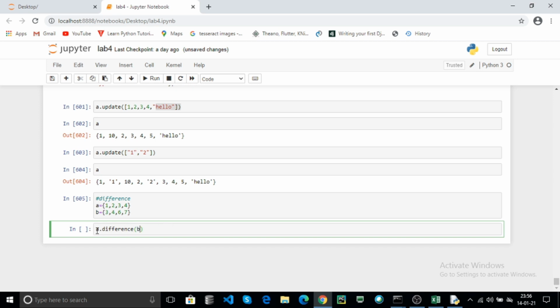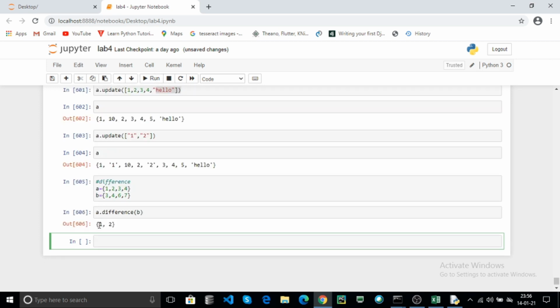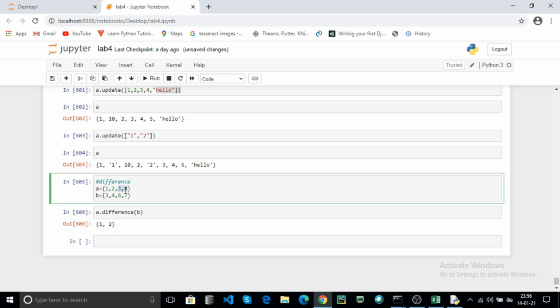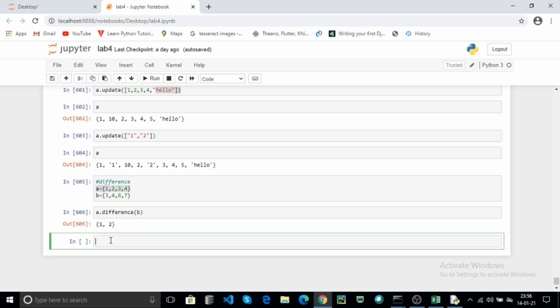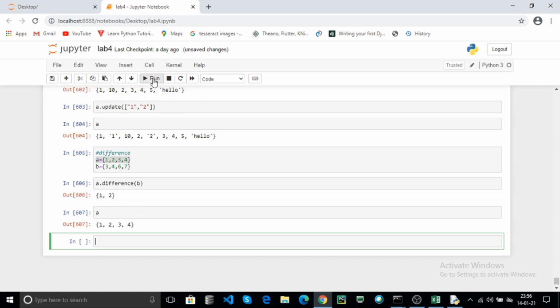Here it returns the values which are only in set A, because the elements 3 and 4 match with the B set elements, so the matched elements are skipped and it returns only the A set items. Here A is not modified.